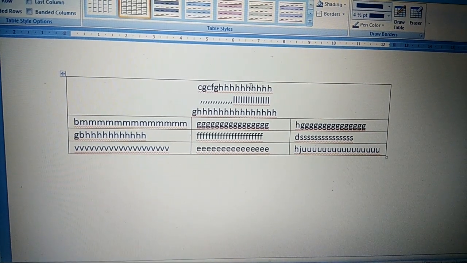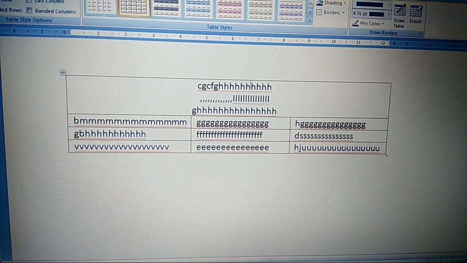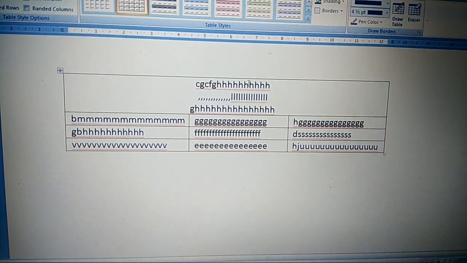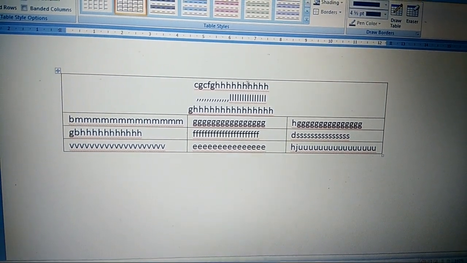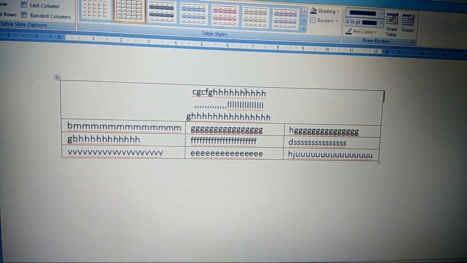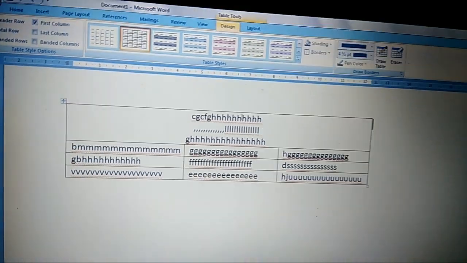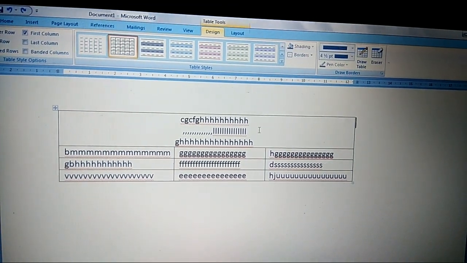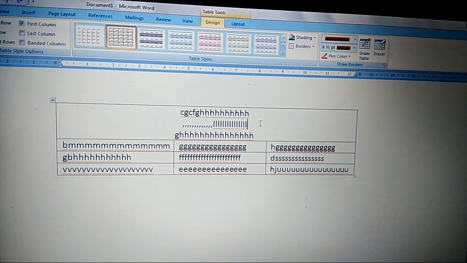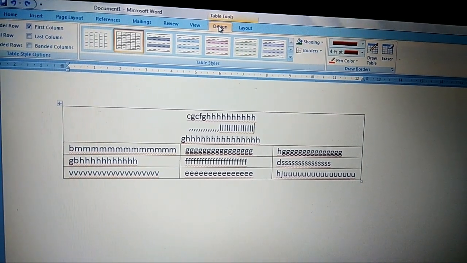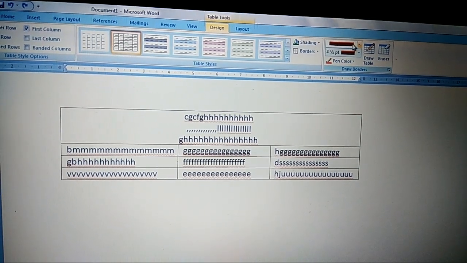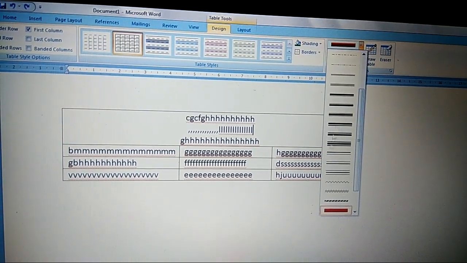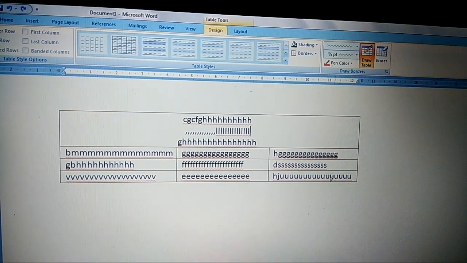Now next is changing a cell border. How can we change a cell border? We can change the appearance of a cell border to make it more appealing and attractive. Click in the cell you want to add a border to. So I click. Next click on the Design tab. Then click on the down arrow of the line style, this one. Select any line.